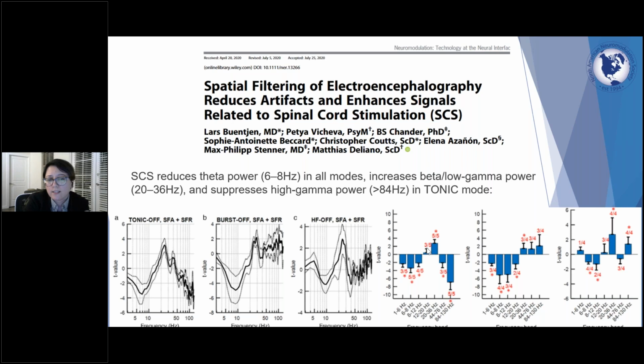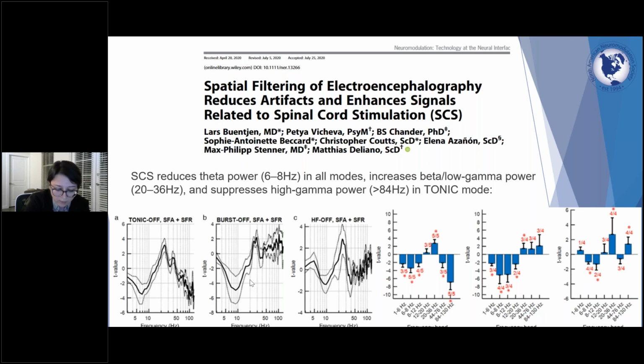And on the right hand side, it is pretty much covering the same information, but we see the subband power distribution in bar plots with statistical significance, from left to right, from tonic to high frequency stimulation. So on the left hand side, actually the major finding of this study is that all these 3 waveforms, regardless of their differences, are inducing a reduction in the theta band power, and at the individual level, also at